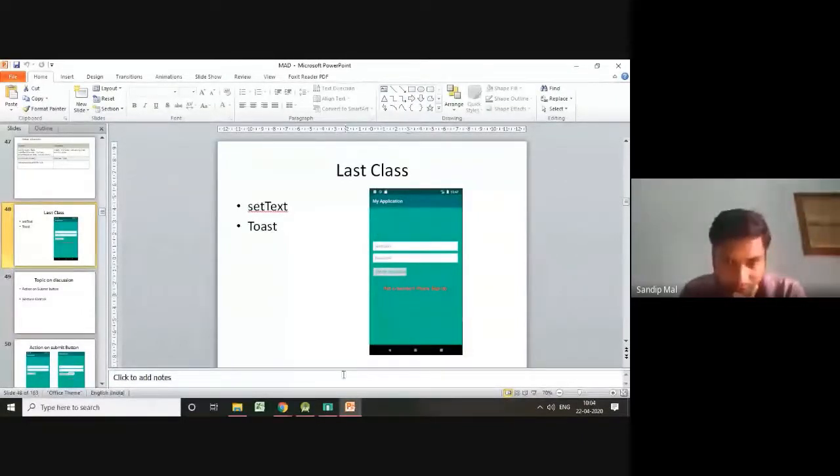So for this GUI, how many edit texts are there? Two edit texts, one submit button, and to view the result or answer, we need to give one text view. Okay, two edit texts, one submit button, and one text view to display the result. This design will complete now. Now for that, what I will do,